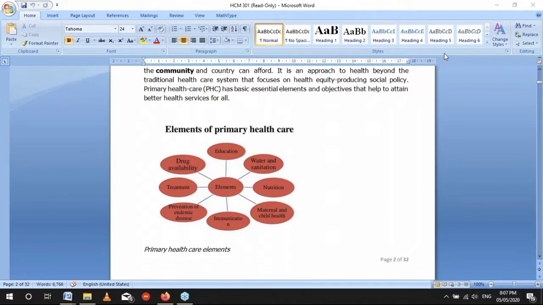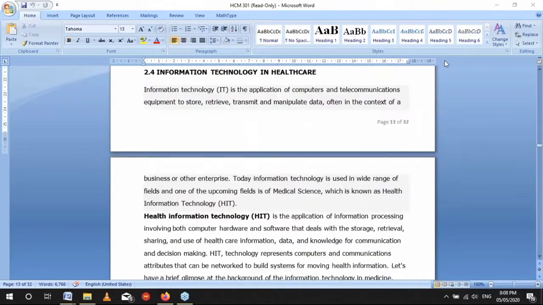So as at today, or tonight rather, I would want us to look at information technology in healthcare. What does this mean? Information technology,